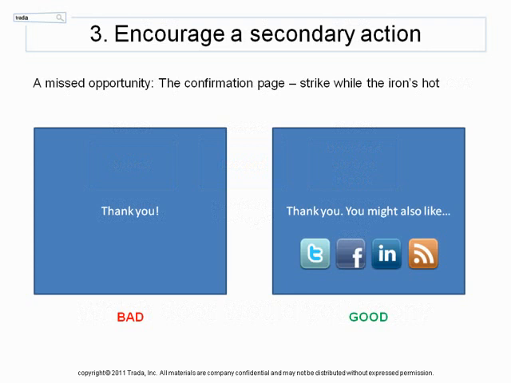You've captured their contact information. Don't end it there. See if you can get them to take another step and get them to go further and engage with your brand. This is where you might ask them to do the following. Follow you on Twitter. Offer them a free gift. Ask them to join your Facebook group. Sign up for your newsletter. Opt in to be notified about something. The list is endless. The aim here is to get the prospect engaged, get them to remember you, get them to like you.